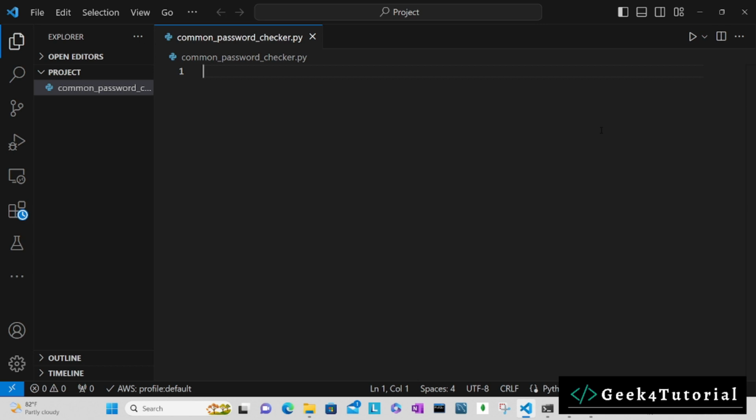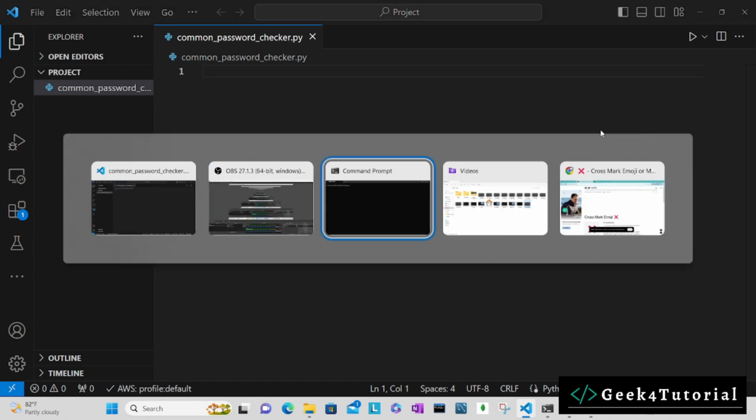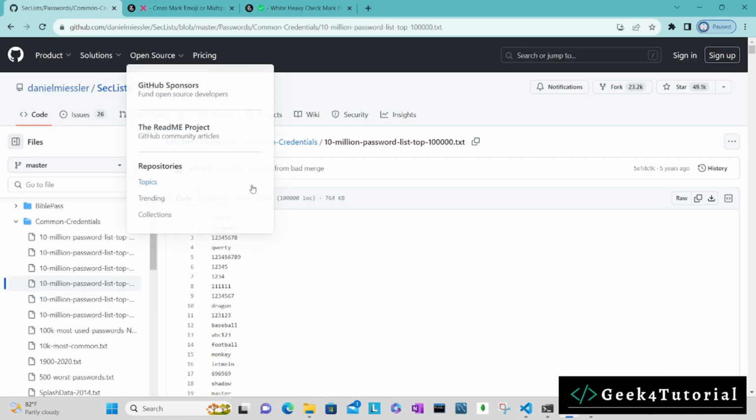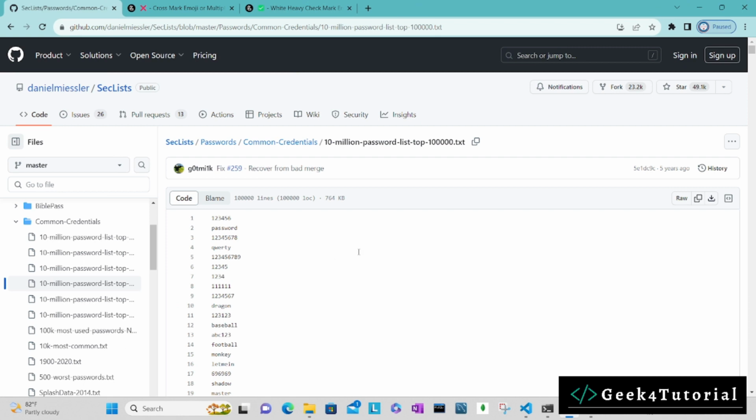What we have found is around 100,000 common passwords in a file. We are going to include that file in this project, and then we are going to read it and compare. So let me show you what it means. I have found this GitHub repository where they have listed the common credentials. I have used this specific file. It has more than